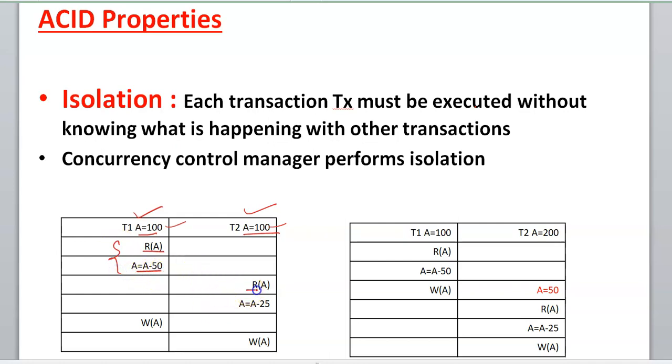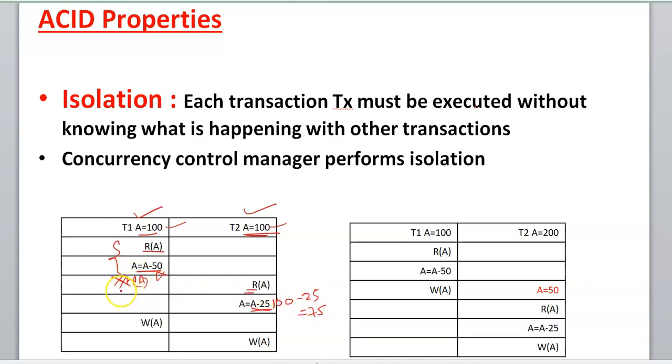T2 has been started now. Now there is an error which is occurring here. Why? Because A has been deducted with 50, but there is no updation done. So what happens when T2 starts its operations, first operation, it will consider that A has 100 in its account itself because there is no updated value of A here. So A will be taken as 100 only, and then again rupees 25 will be deducted from A, which will be 100 minus 25 equals to 75, right?